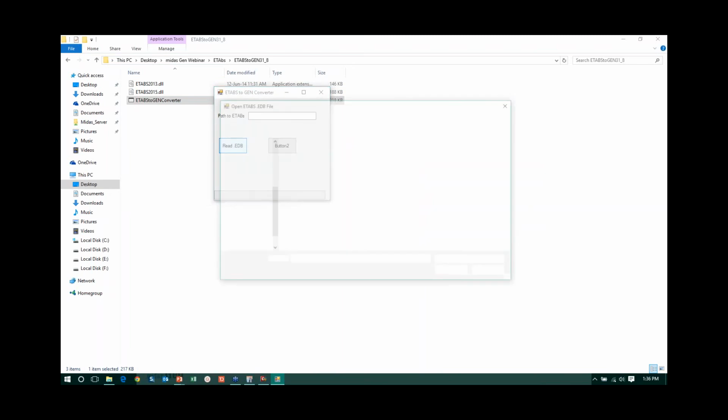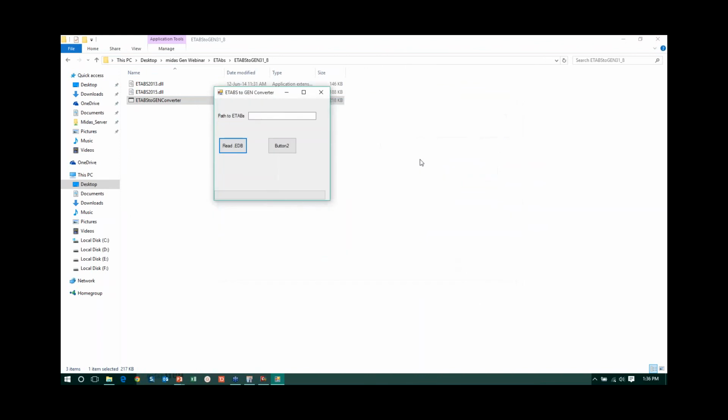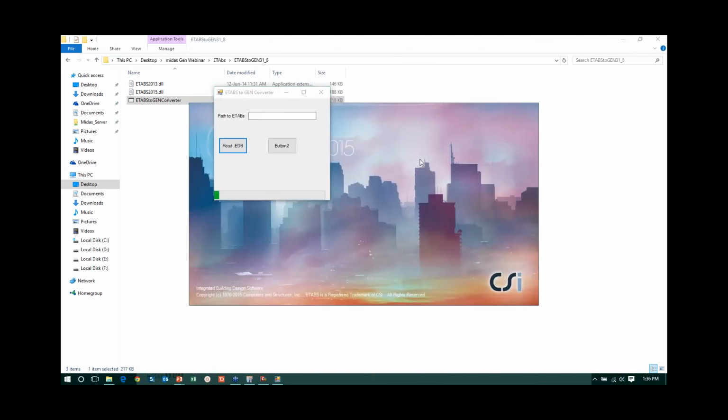Directly click on read EDB file, go to the folder where you have the EDB file, select the EDB file and say open. The program automatically does the conversion in the background, and it will create an MGT file for you for importing to Midas Gen.